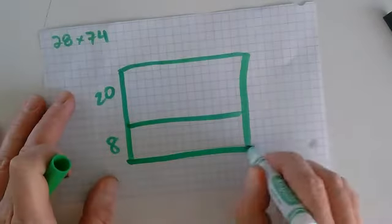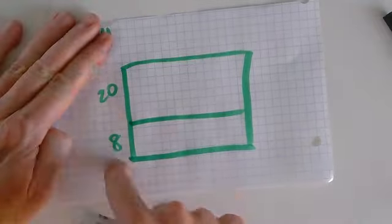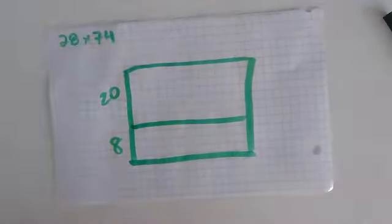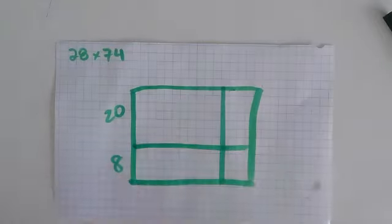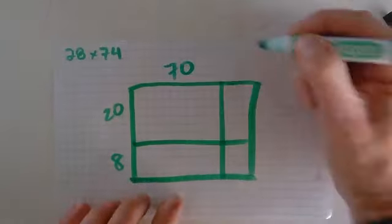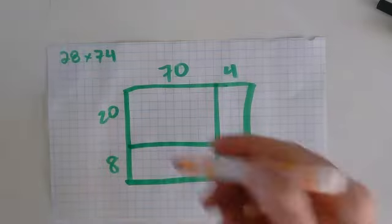Okay. And then before, remember how you had like 28 times 3? Well, it's not just 3 now. It's, I'm going to say 74. So now it's 70 goes here. And then 4 goes here. And then the thing to remember